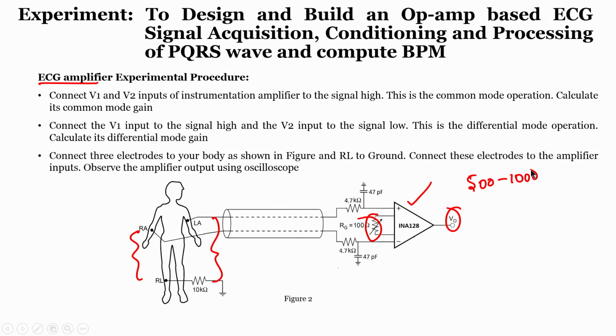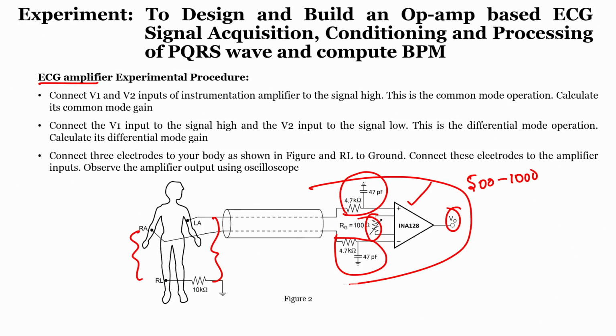Now, what is the use of this resistor and capacitor? This acts as a low pass filter. Any noise coming from the input signal will be completely removed. So, this circuit is completely the instrumentation, or amplification, stage of an ECG signal.